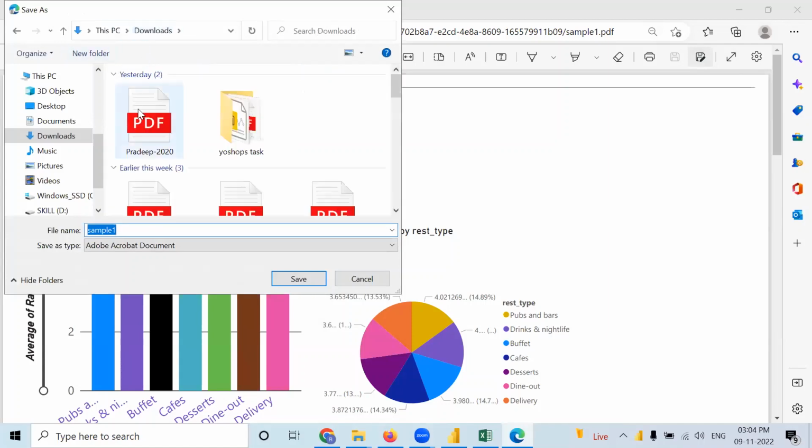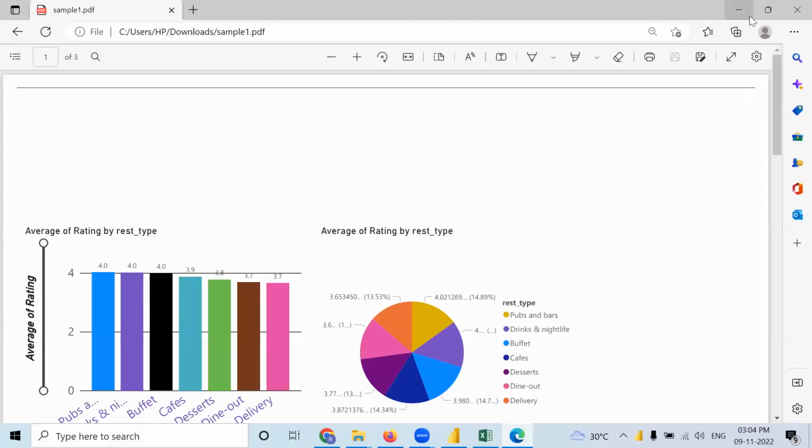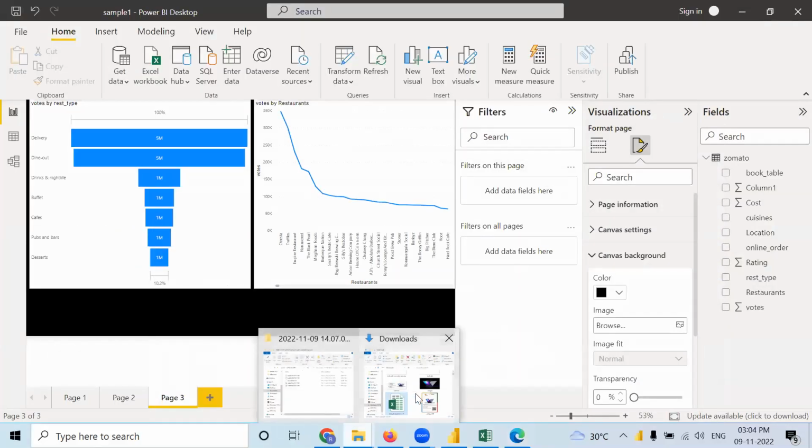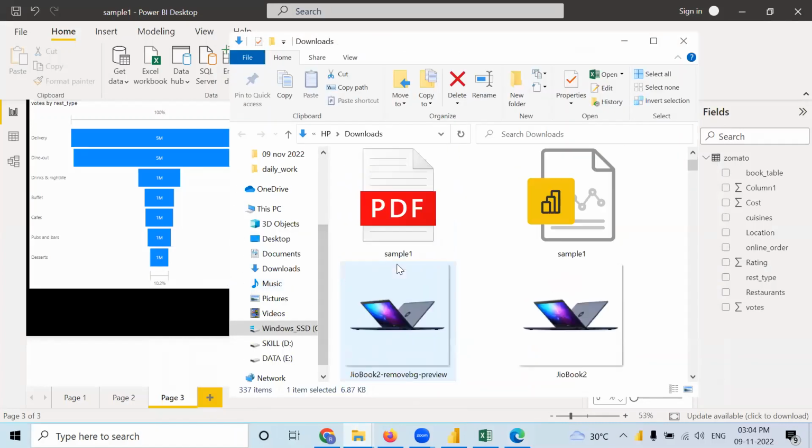So this is another one, the sample one PDF. I am now able to download both files, the PDF file and the PBIX file. This file is sample one in PBIX format, and this is the PDF format of it. Then we'll open Google Drive.